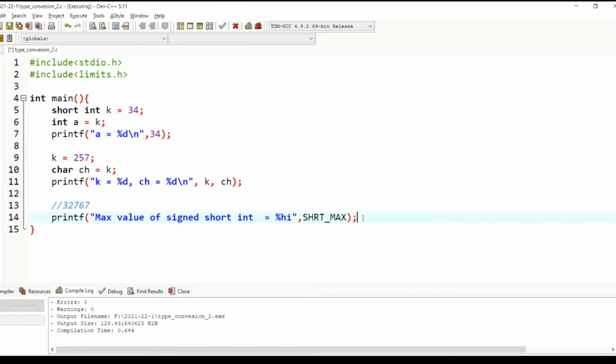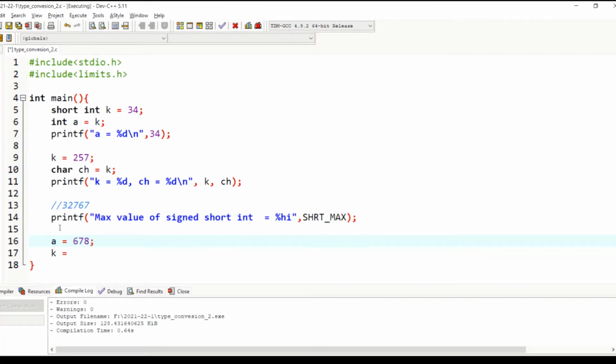Now, a signed short integer, by default, if you do not write any modifier, will be signed. K equal to, I try to assign a value of integer type. Suppose there is a variable a of type integer, and I am updating the value of a. A equal to 678.